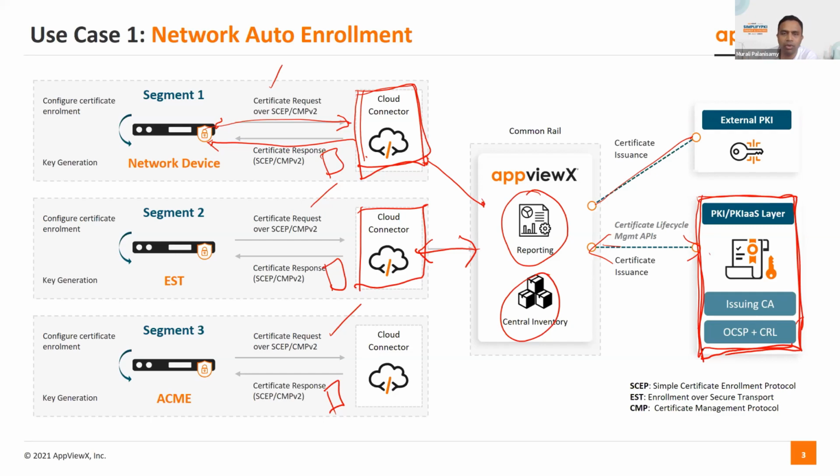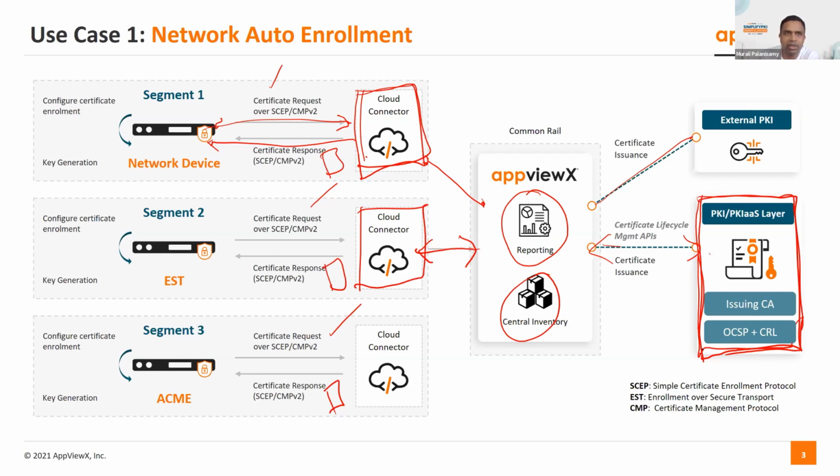So there is no need for you to keep that particular currency long term. So it also enables short-lived certificates, reduces the attack surface, and increases security because you're able to be agile and have the flexibility to roll things over as needed. So this is the first use case about auto enrollment, end-to-end auto enrollment